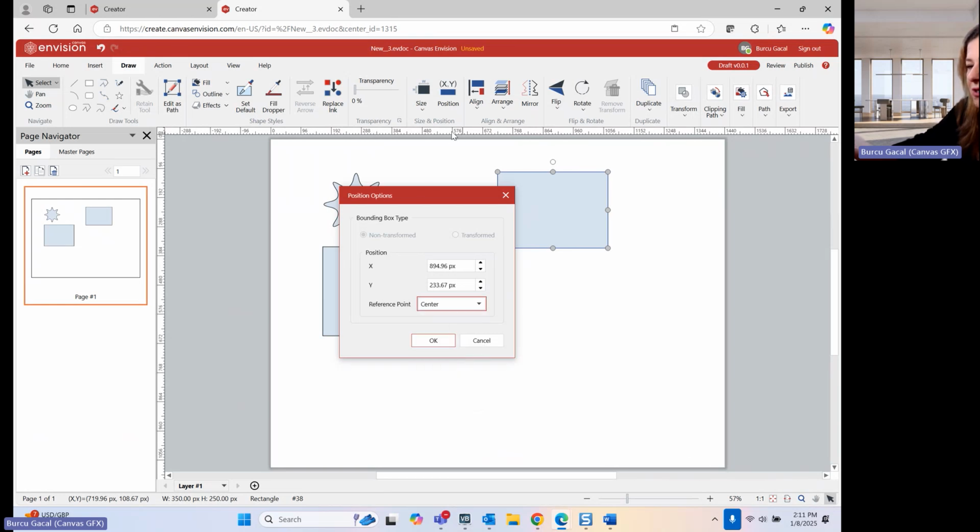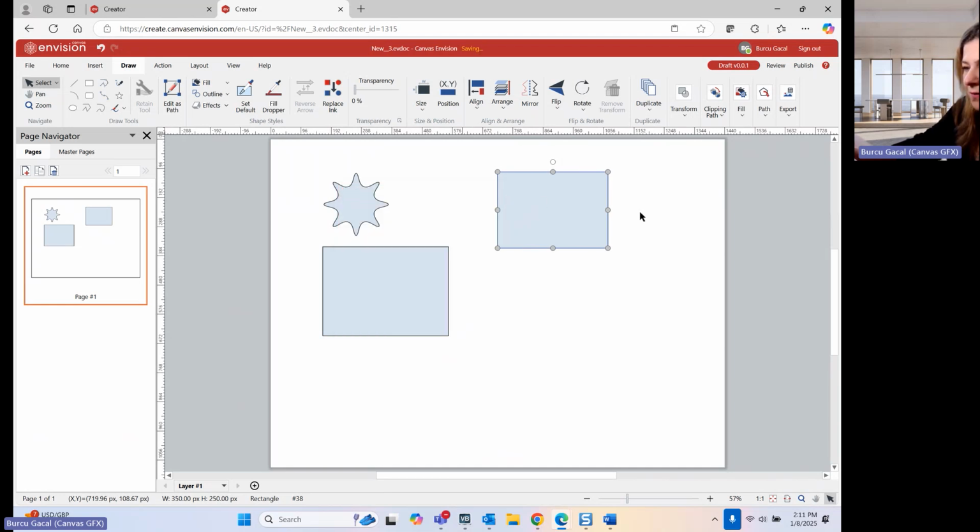If I move it to center, you can see my position of the reference point is the center, which is right here somewhere, and then the distance between the x and y coordinates are from that point going forward. So in terms of other functionalities in this area, one thing that is extremely common if you have ever been using